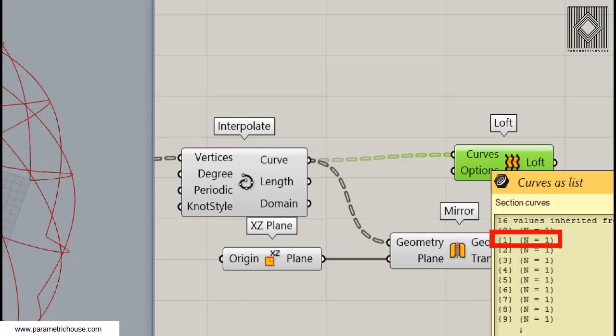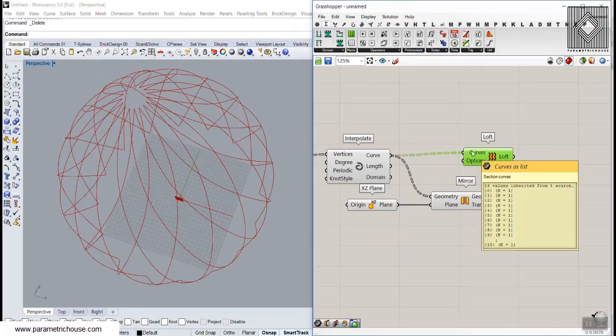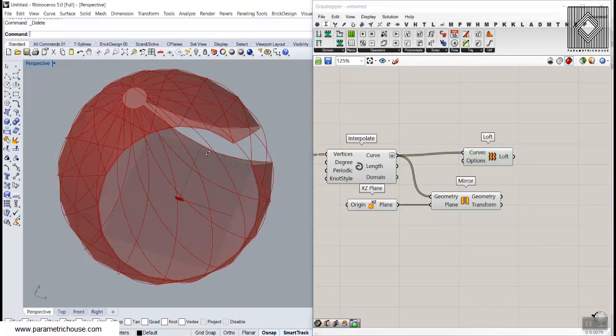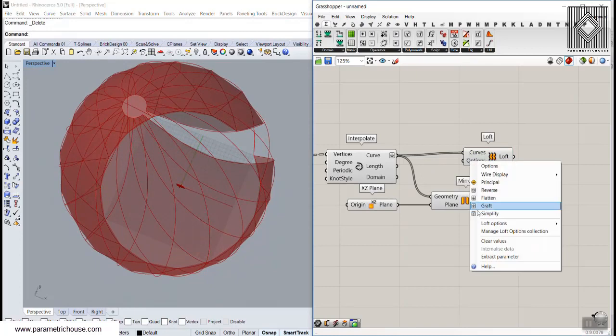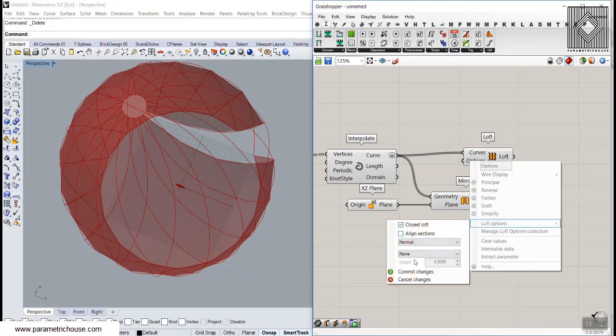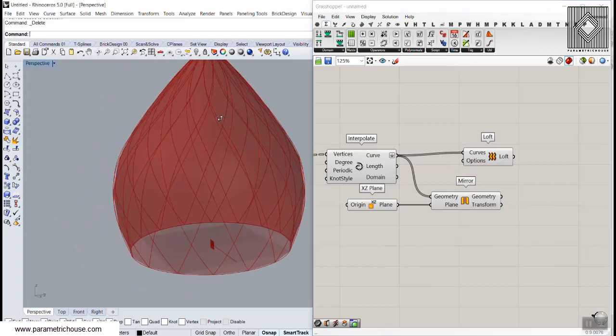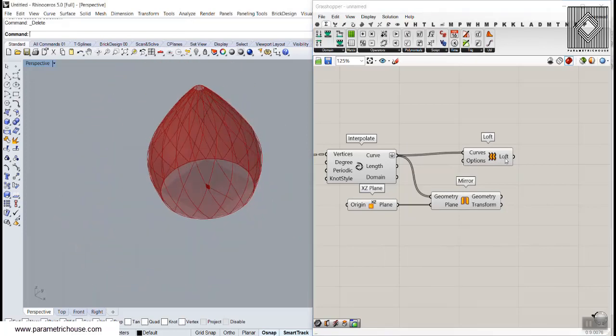So I'm going to explain these in the Grasshopper course, because this week I'm going to explain about flatten graph, simplify, partition, and many more. So I'm going to flatten this, and you can see that the surface is being produced, but you have to go to the options, the loft option, and choose closed, because we want the first and the end to connect. Okay, so you can see that we have the surface here,